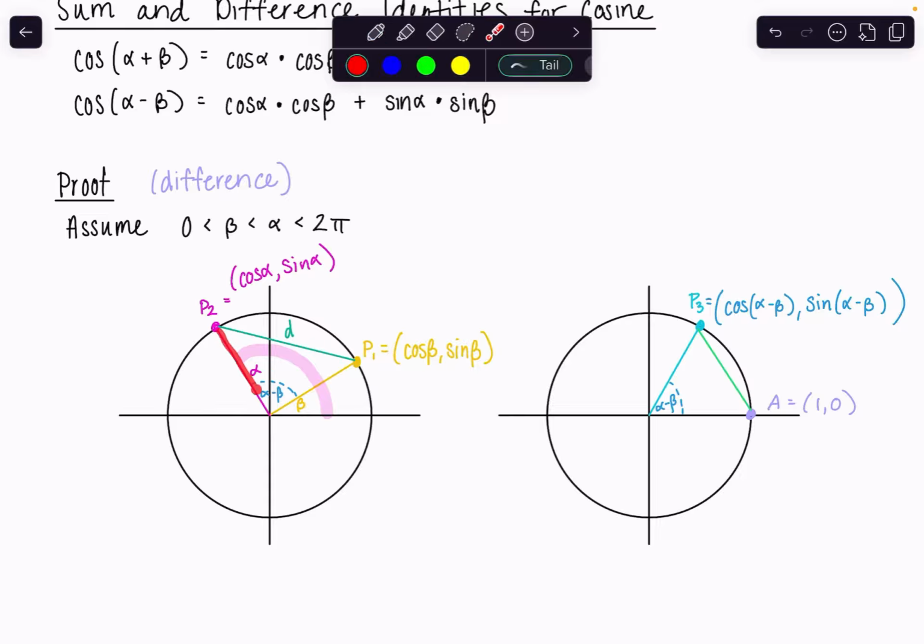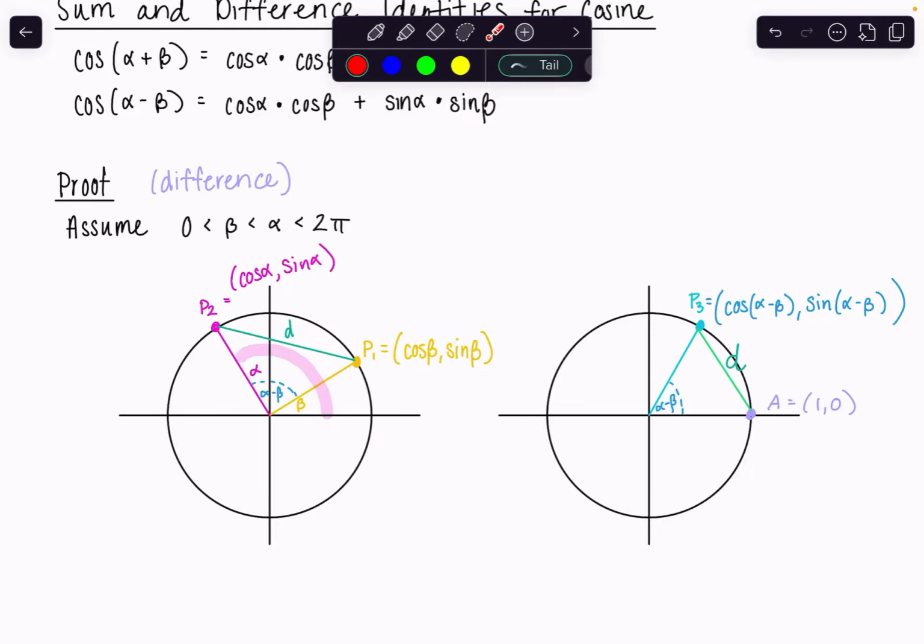And again, these are exactly the same triangles. I've just taken this and I've rotated it on that unit circle to be here, okay? So the two triangles are identical. So this distance here would be exactly the same as the distance between these 2 points. These other sides are just a distance of 1 because it's on that unit circle,